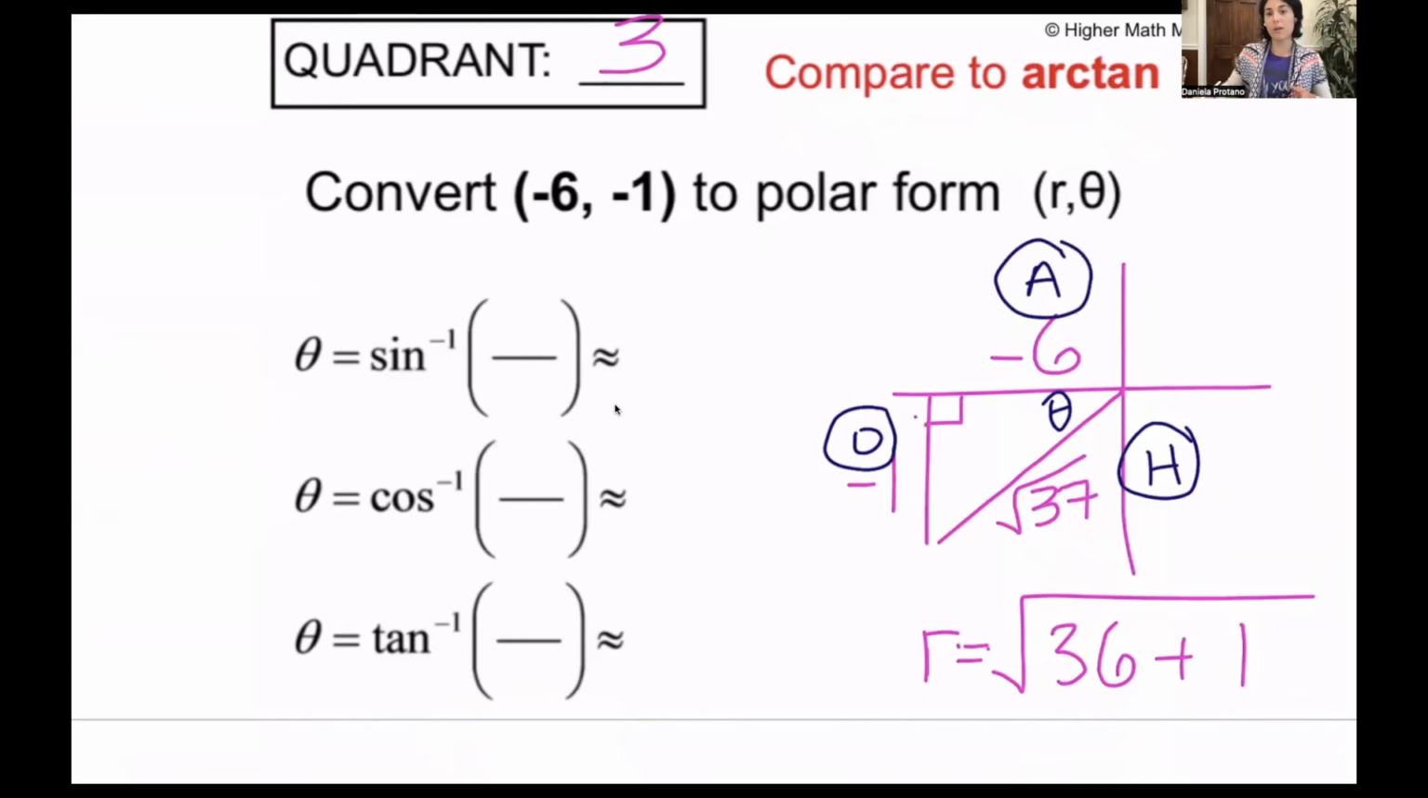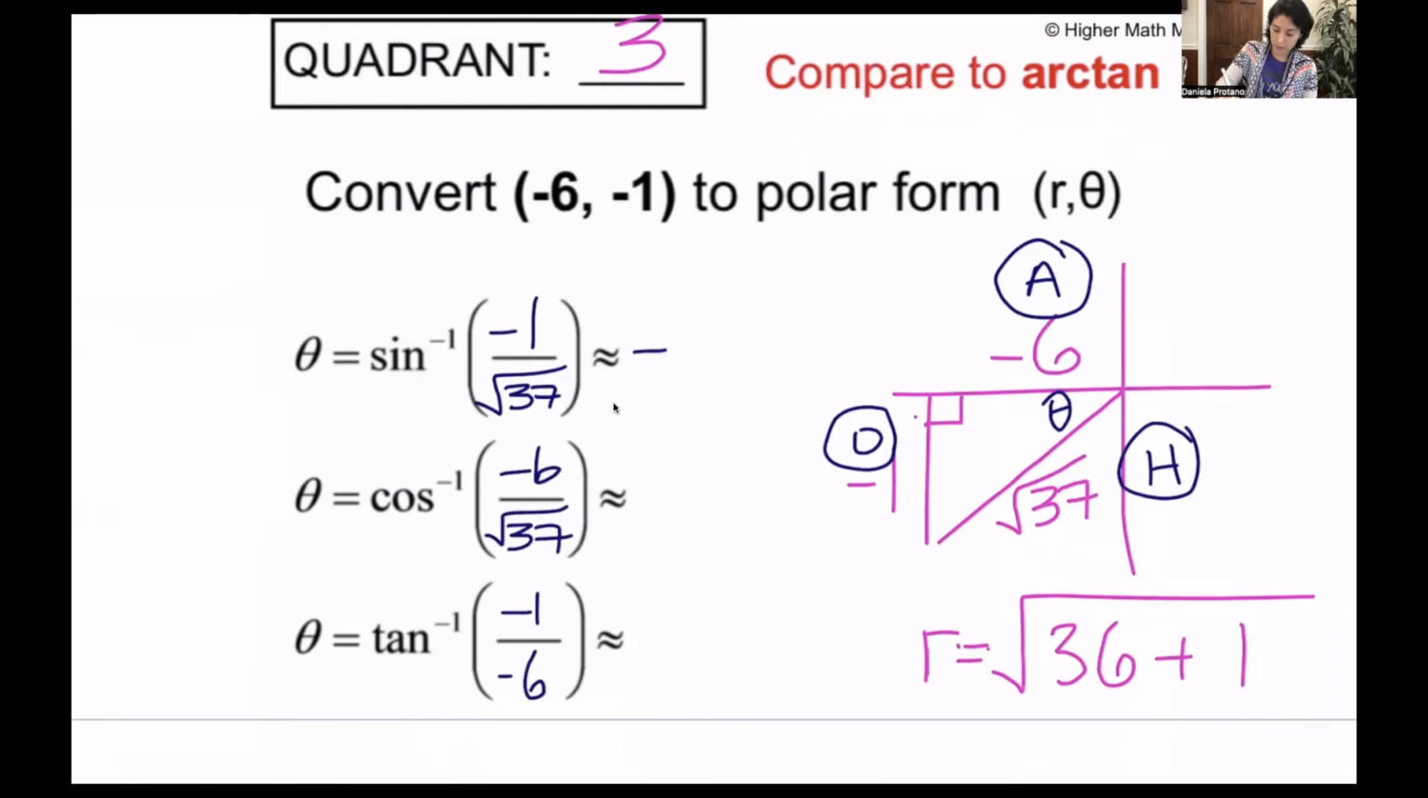Okay, so let's take a look if we did the inverse trigs for all of these. Again, we have opposite over hypotenuse for sine, so that's -1 divided by the square root of 37. Arc cosine is going to give me the adjacent, which is -6 over the hypotenuse. And then arctangent is going to be opposite, -1, divided by the adjacent, -6. Okay, so if we put all of these on our calculator,